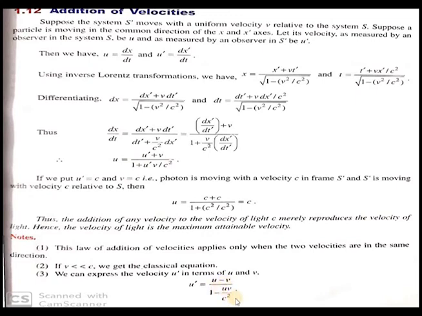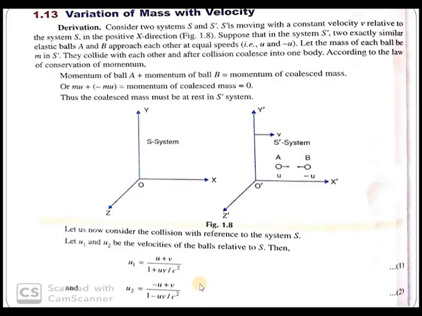In the reverse sense, as I have told you before, this is the inverse Lorentz transformation equation. Similarly, for the inverse equation for addition of velocities, instead of u prime you can write u, and instead of u you can write u prime, and instead of v, it is minus v. So this is the inverse transformation equation for addition of velocities.